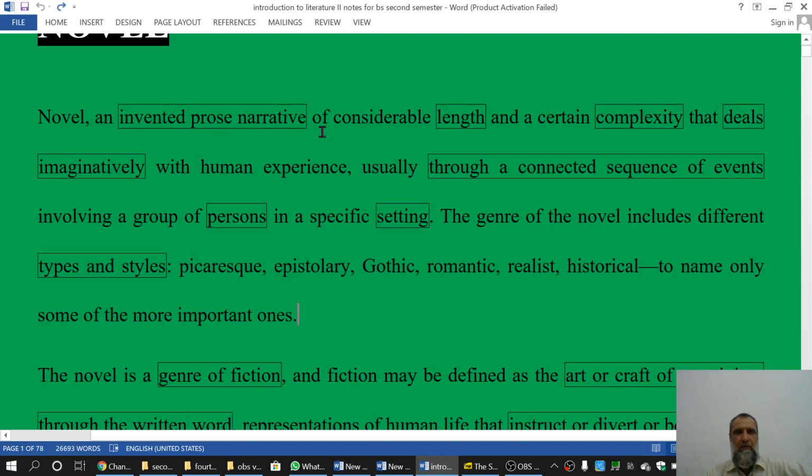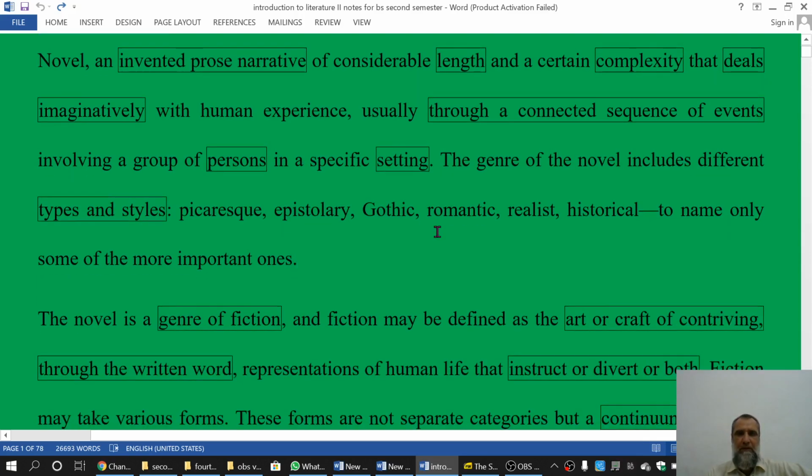ناول، این انوینٹڈ پروز نیریٹو۔ ناول ایک انوینٹڈ پروز نیریٹو ہے، کنسیڈریبل لینتھ، کافی لمبا ہوتا ہے، اینڈ اے سرٹن کمپلیکسٹی، اس میں پیچیدگیاں ہوتی ہیں، that deals imaginatively with human experience. یہ کمپلیکسٹیز ڈیل کرتی ہیں ہیومن ایکسپیرینس کے ساتھ امیجنیٹیولی، یوزلی تھرو اے کنیکٹڈ سیکوینس آف ایونٹس، اور یہ کہانی ہمیں بتائی جاتی ہے کنیکٹڈ سیکوینس آف ایونٹس کے تھرو، انوالونگ اے گروپ آف پرسنز، اور اس میں بہت سارے لوگ ہوتے ہیں، ان اسپیسیفک سیٹنگ۔ سیٹنگ کا مطلب ٹائم اینڈ پلیس ہے، ہم اس کو ڈسکس کر چکے۔